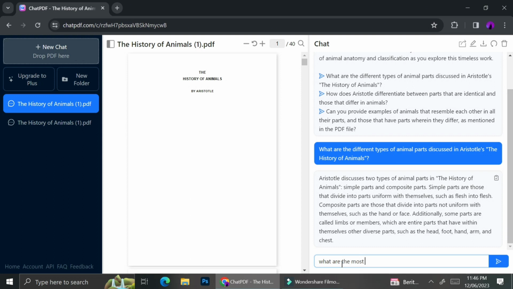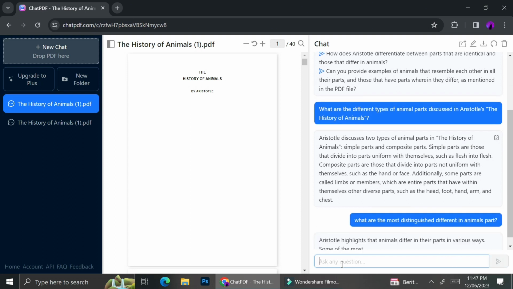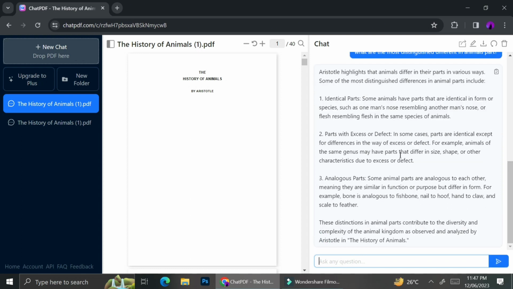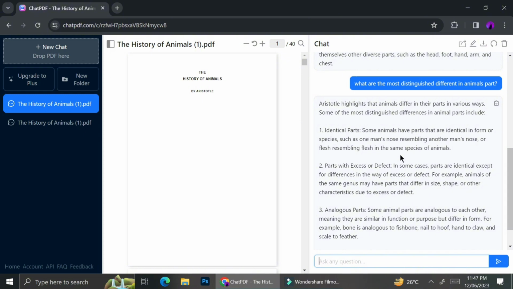Now, I am going to try and ask a question in my own words instead of the one that they already provided. I'm going to ask, what are the most distinguished differences in animal parts? And we're going to see how this AI is going to answer me. In doing that, ChatPDF actually saves a lot of my time. So instead of having to read every single chapter, I can just go ahead and see the summary from what